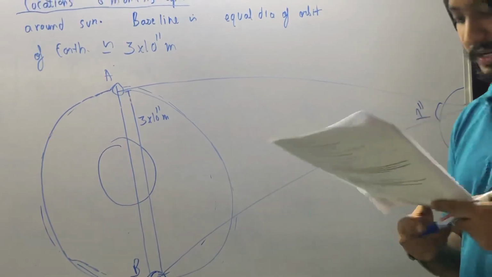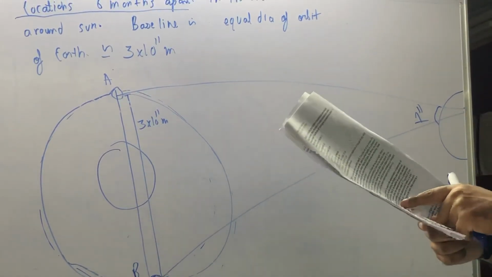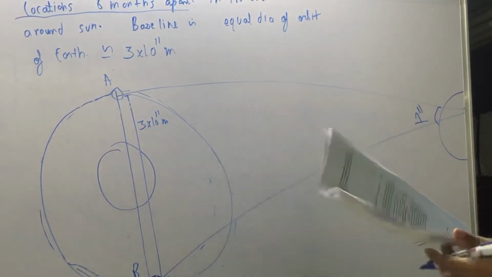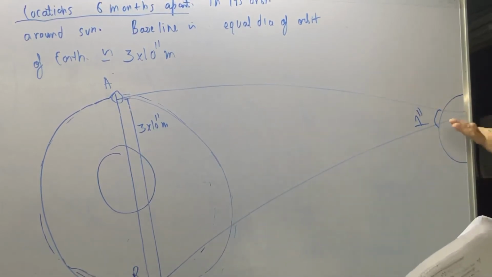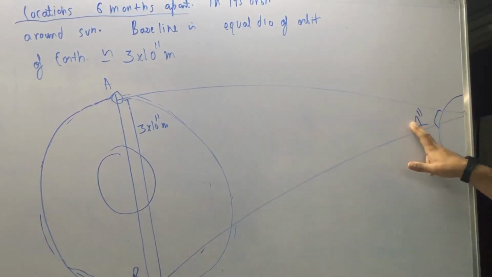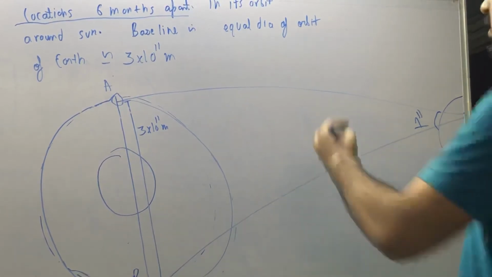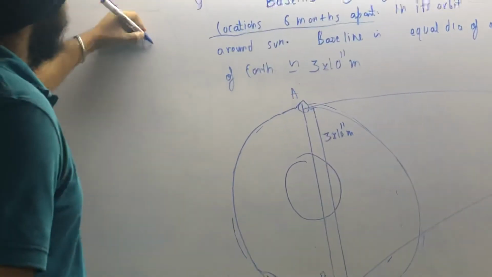The next thing written in the question is that the parsec is a convenient unit of length on the astronomical scale. To measure these very long distances, where the stars subtend an angle of 1 second at the baseline, we have to use a different unit. That unit is known as parsec. This is a very important concept I am telling you here. The unit is known as parsec.